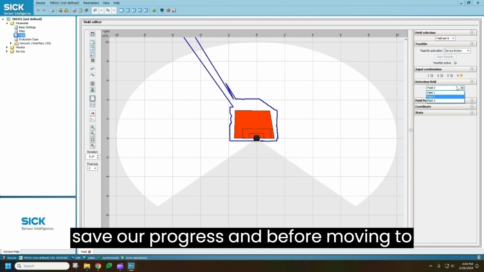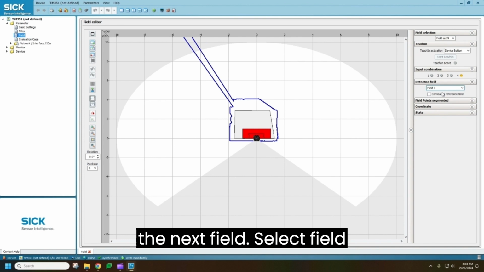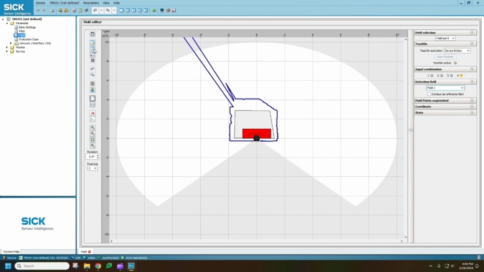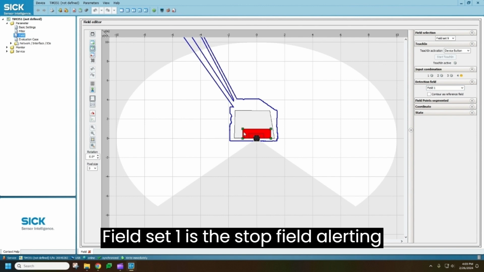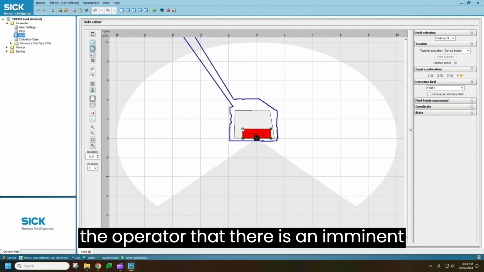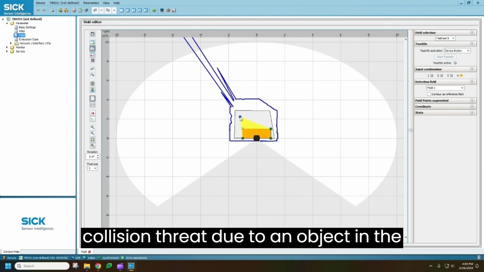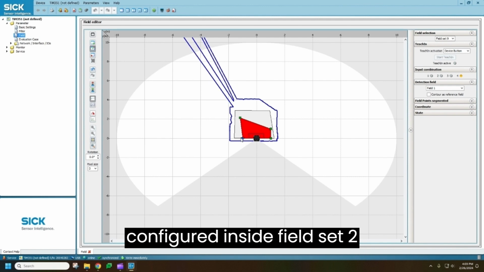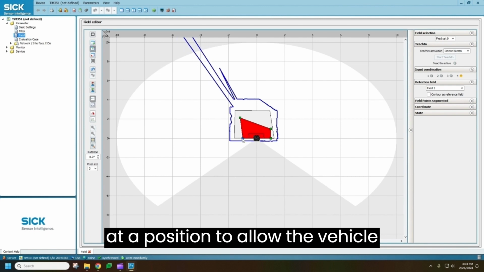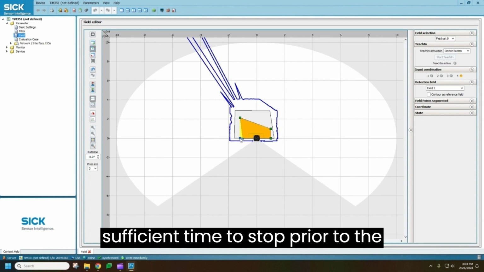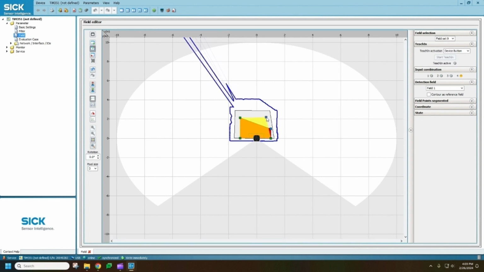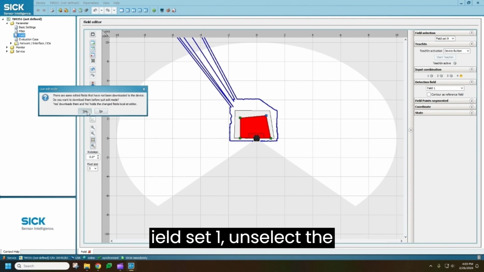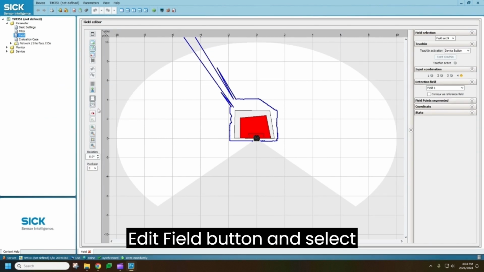Select Field 1 from the Detection Field drop-down and click the Edit Field button. Field set 1 is the stop field, alerting the operator that there is an imminent collision threat due to an object in the vehicle path. This field will be configured inside field set 2 at a position to allow the vehicle sufficient time to stop prior to the collision. Once you have your boundary set for field set 1, unselect the Edit Field button and select Yes to save